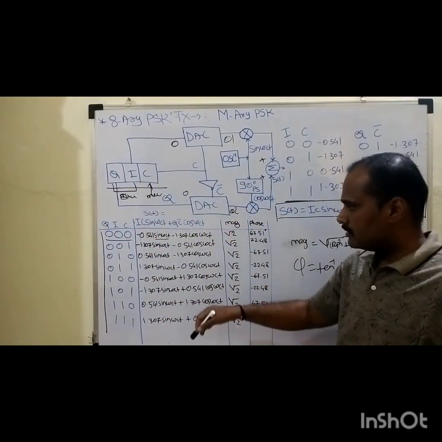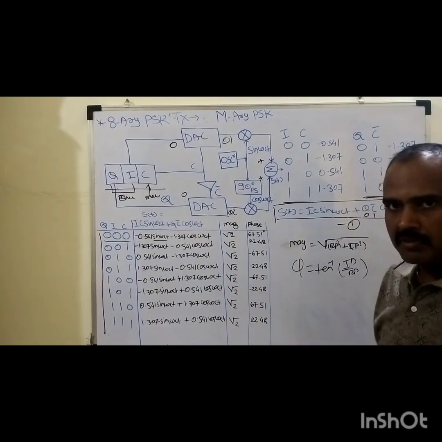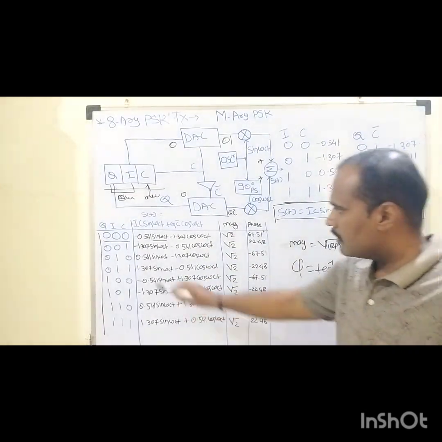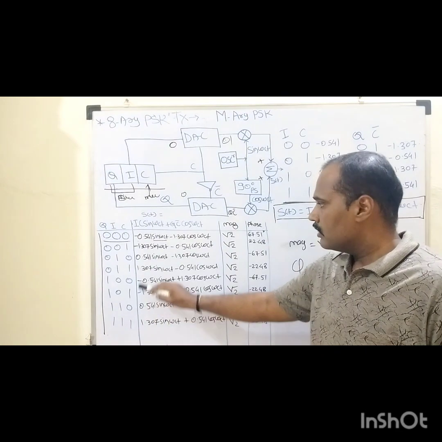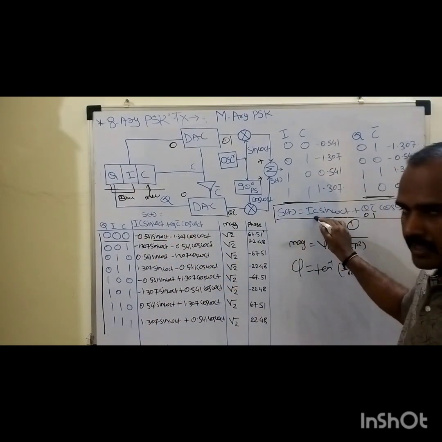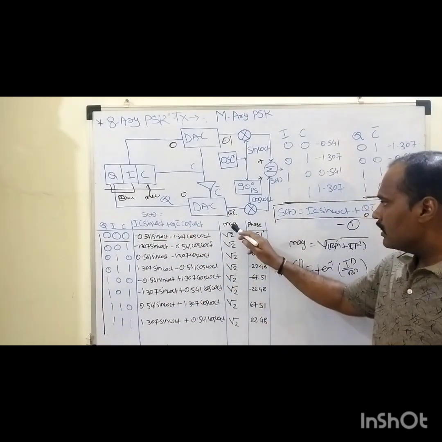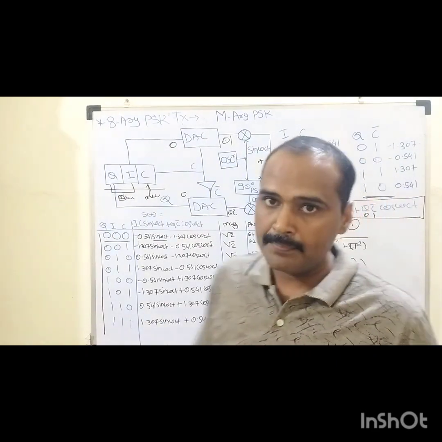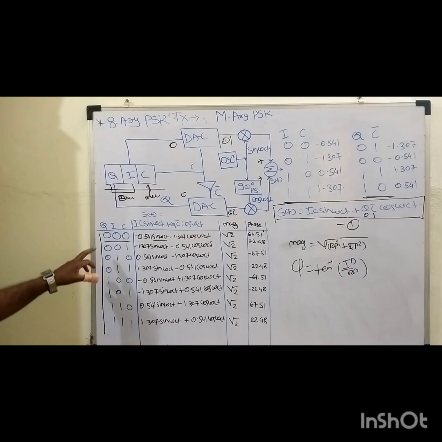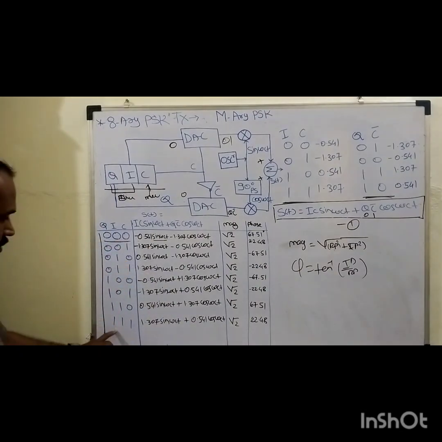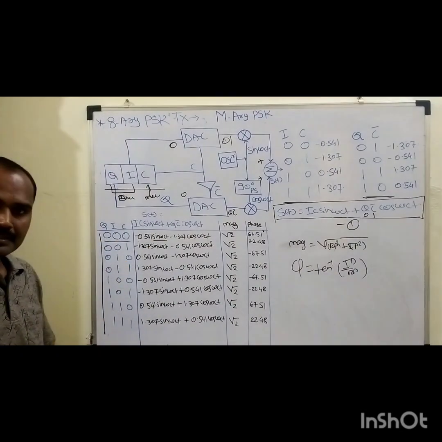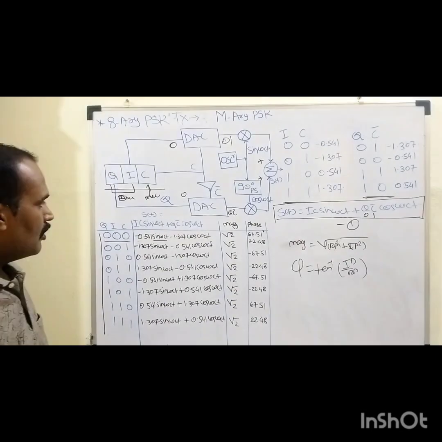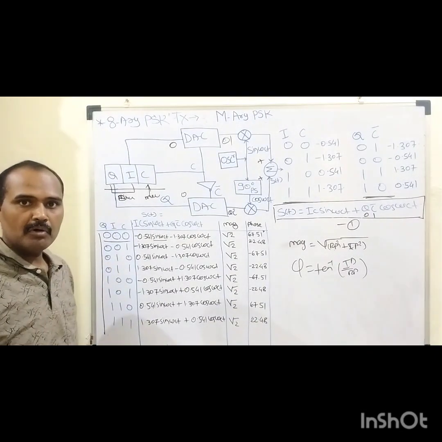So in this way, with the help of this tabular form, we will come to know for each and every symbol how that S of t is being represented and how to determine the magnitude as well as the desired phase angle for each and every symbol, which ranges from 0 0 0 towards 1 1 1. Means as we are having the 8 different symbols, so for all these 8 different symbols with the unique assignments